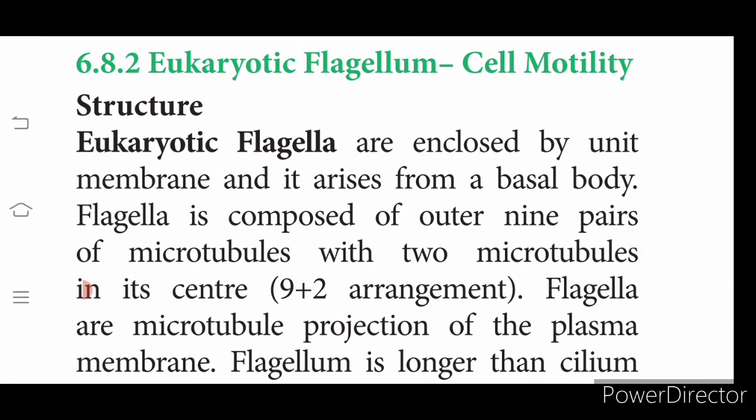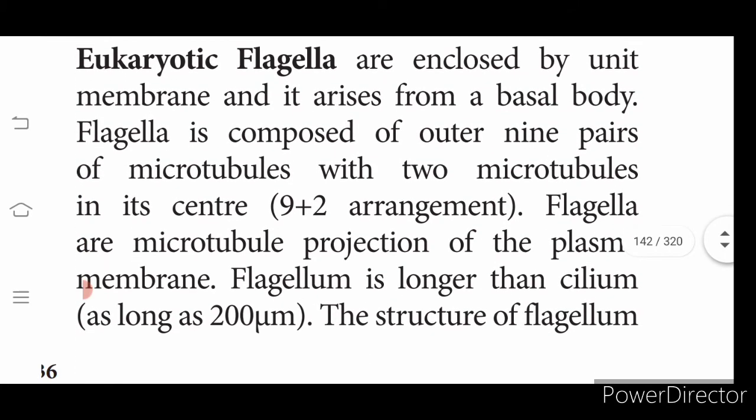Okay, then the eukaryotic flagellum. So far we have learnt about the prokaryotic flagellum. Here in the eukaryotic flagellum, you can see the arrangement inside. When you take a cross section of the flagella, it has a 9+2 arrangement. What is this 9+2 arrangement? In the middle, two microtubules are present, and surrounding them, nine microtubules are present. Follow? That is the eukaryotic flagella.